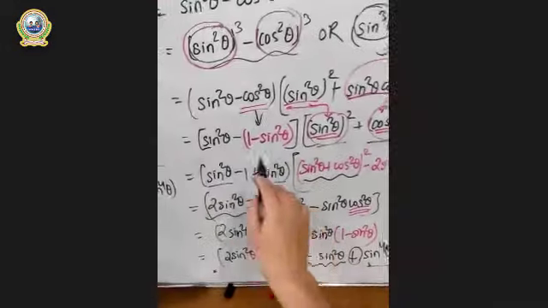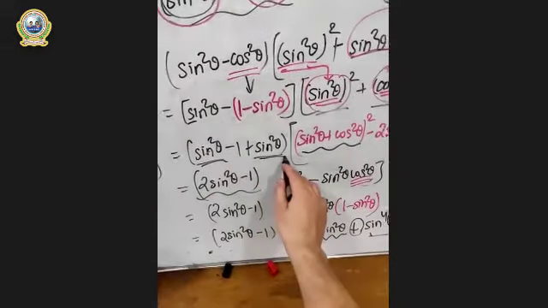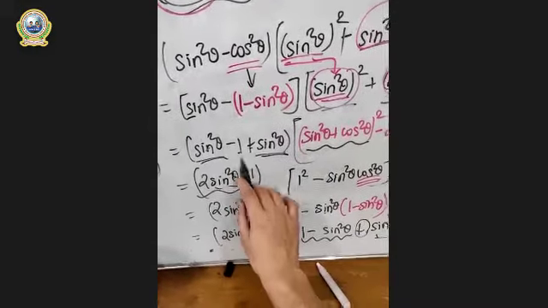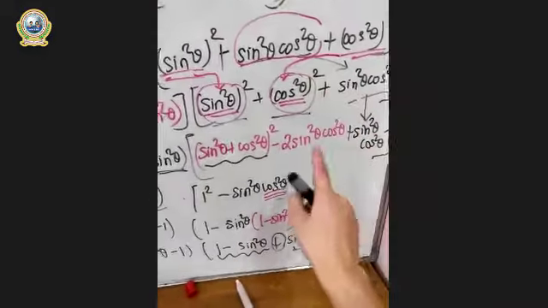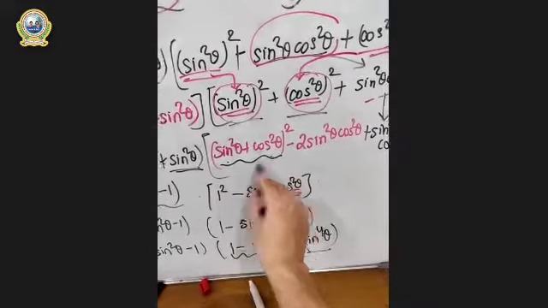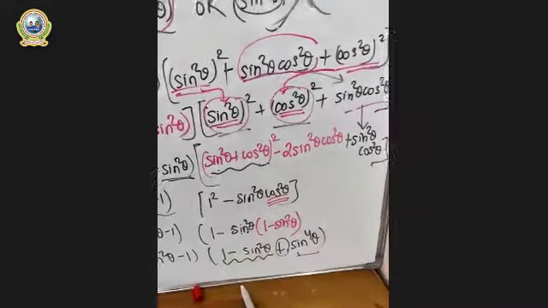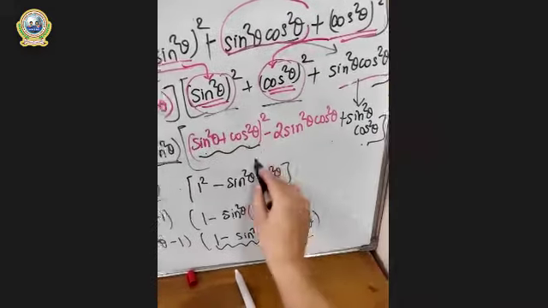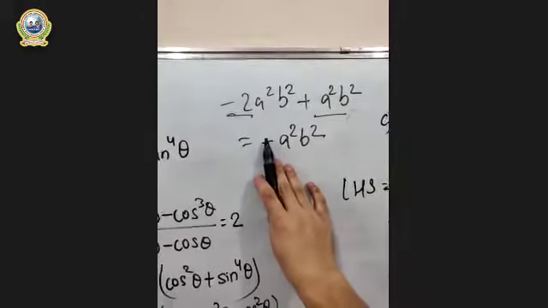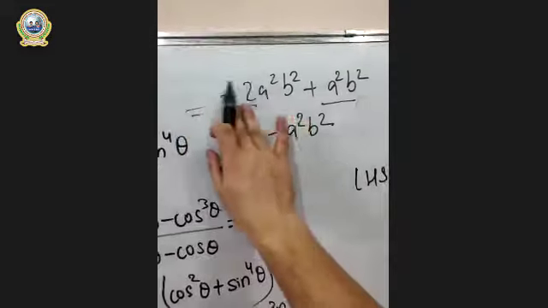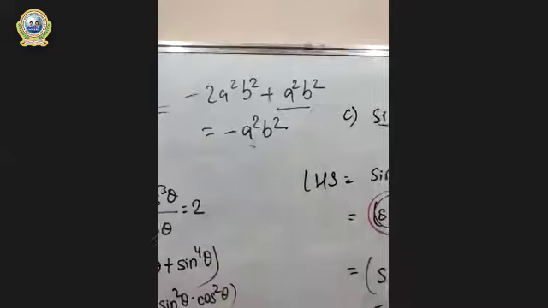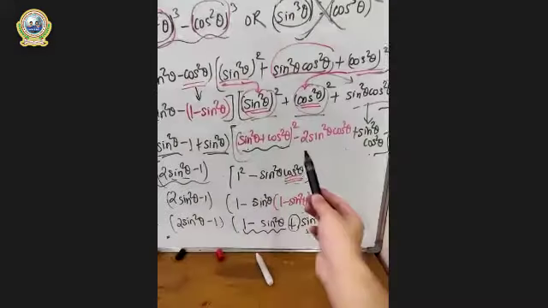Is this clear? Now here sine square theta and sine square theta can be added to 2 sine square theta, and this minus 1 is as it is. Now this part is completed, and for this one sine square plus cos square will be 1, and 1 squared is as it is. And look at here, 2 sine square cos square plus sine square cos square will be minus sine square cos square, because I have shown you this format over here. This is the part of CMath, right? This is CMath solving. Look at here clearly. Minus 2a square b square plus a square b square will be minus a square b square. Exactly, I have done the same format over here.